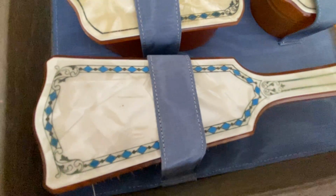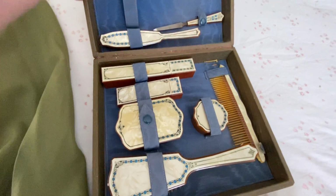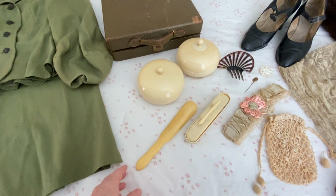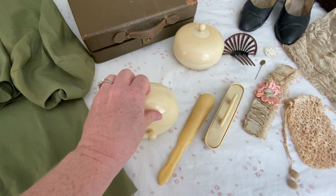Looks very Art Deco to me. Isn't that pretty? So in another video, I'll go through what all of these things are. I might just do a video of dresser sets. I think that would be so fun. And then my sweet friend Stacy donated these to me. These were her grandma's. So this was probably, of course I can't get it open,